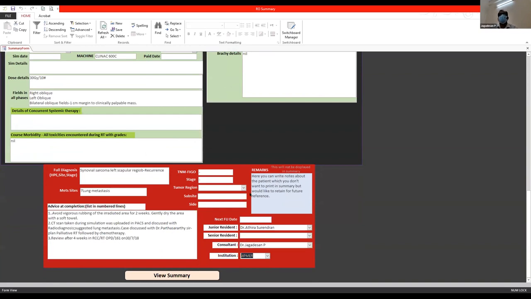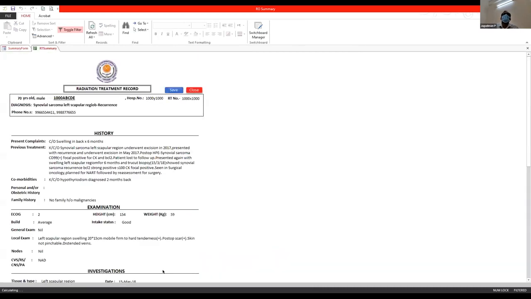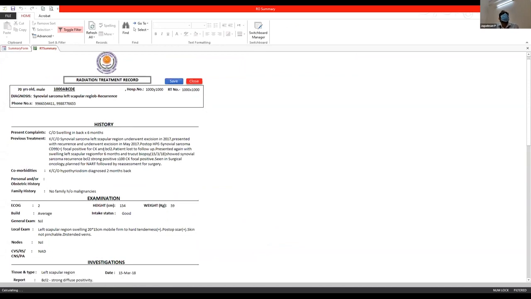If you want to take a printout of it, we can even generate a report. Report generation is in the same stream, but that will consume more time. That's why I didn't go on to that. So let me just tell you how it works basically. I'm going to click this button and show you how we generate a PDF out of it. So this is the PDF format which is generated.